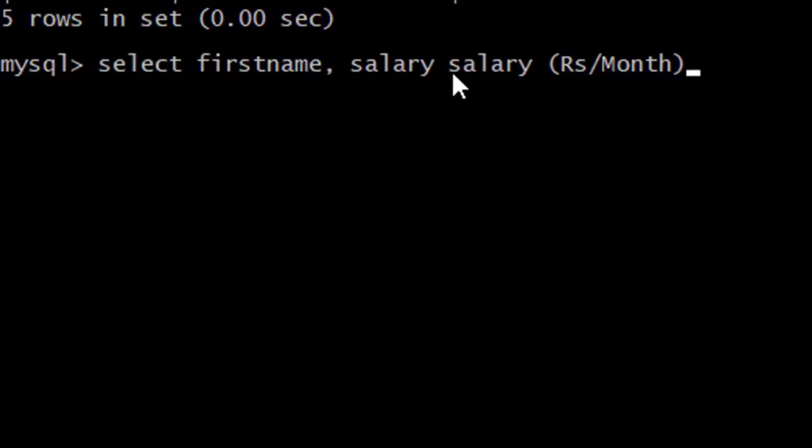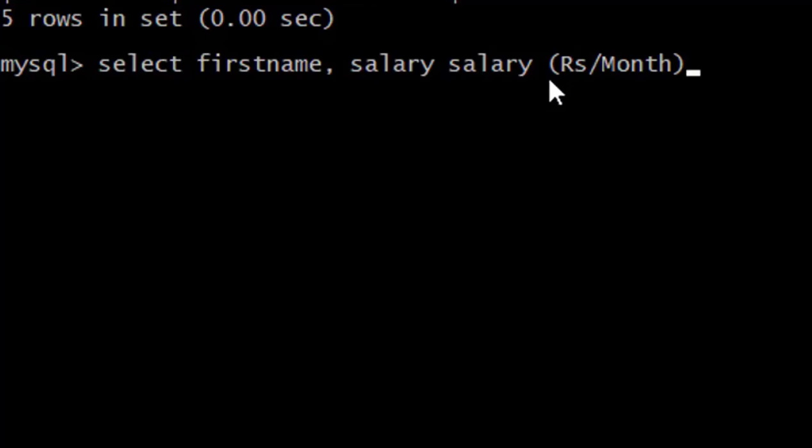Why? Because this salary is a column name and this salary rupees per month is actually temporary name, and whenever you use any special symbol, bracket, divided sign or white space, you must have to put in double quotation with as keyword or only with double quotation.